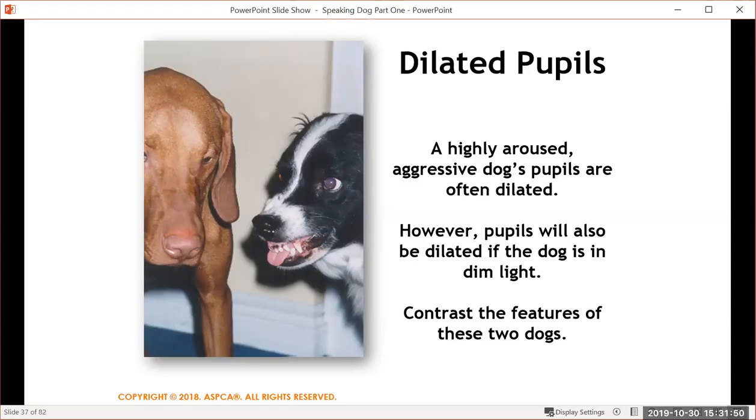My thinking is, it's not terribly practical to rely on pupil dilation as a cue of whether or not you should be worried, because if you're close enough to the dog to see his pupils dilate, you're already in trouble. I like this picture because it shows very clear contrast in the behavior and the body language of these two dogs. The dog on the left is definitely averting his gaze, his body is lowered, whereas the dog on the right has direct eye contact, super dilated pupils, and is showing his lovely weapons.